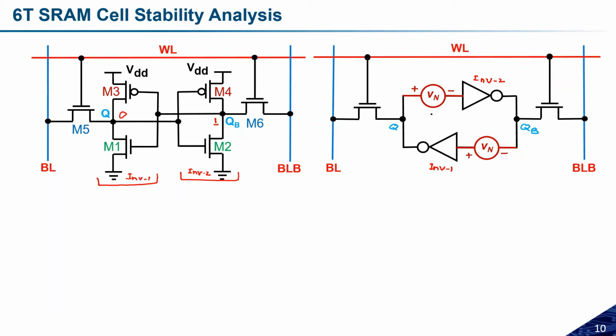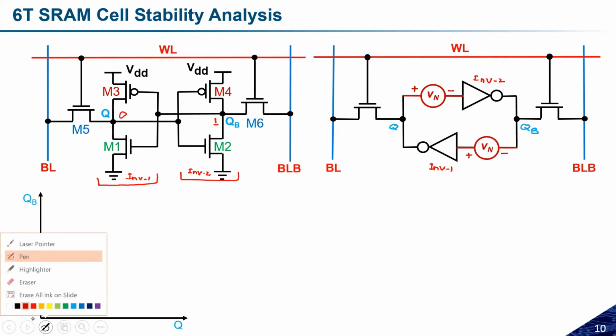Let me quickly draw the stability diagram of some of the circuits, which is really important. Let me do that first. Suppose I want to make the butterfly curve for the hold operation, then how could it be done? Let us try to see. As we know, during hold operation,